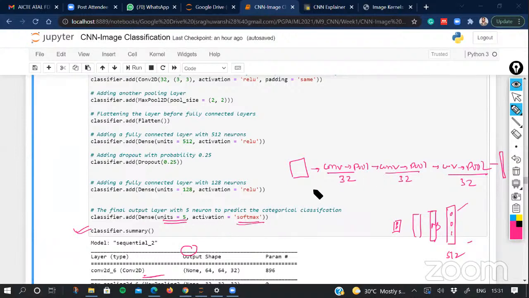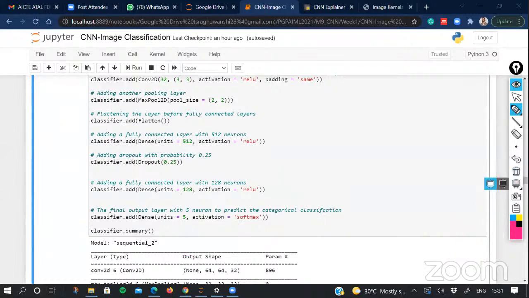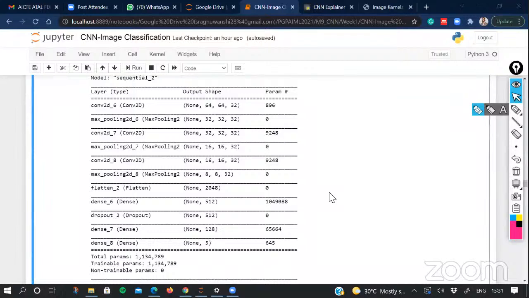So this is going to be the architecture of the convolution neural network, which I am defining to solve the problem of flower classification. In this particular architecture, we can also generate the summary. So here you can see the number of parameters which need to be trained. We have 64 cross 64 cross 3 as the input, and you are adding 3 cross 3 with 32 channels on the first convolution. So the output volume that will be generated is 64 cross 64 cross 32.